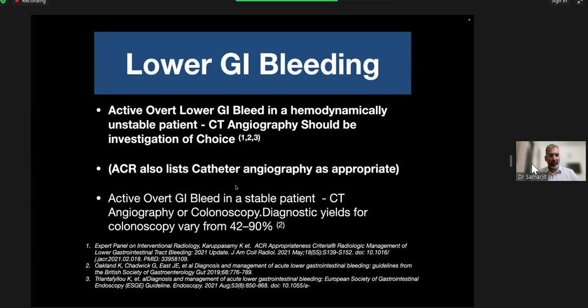So the problem with a patient who's bleeding and doing a colonoscopy is that your yield can vary from 42 to 90%. Unprepared colon, blood coming down your scope, it's very difficult sometimes to catch the site of the bleed. So it's an institutional practice. A lot of people will do a colonoscopy if the patient is stable, and a lot of people will do